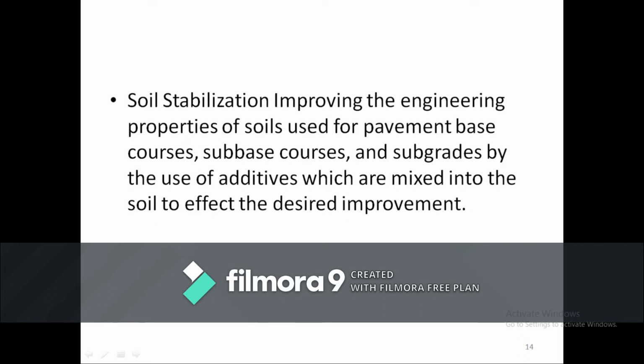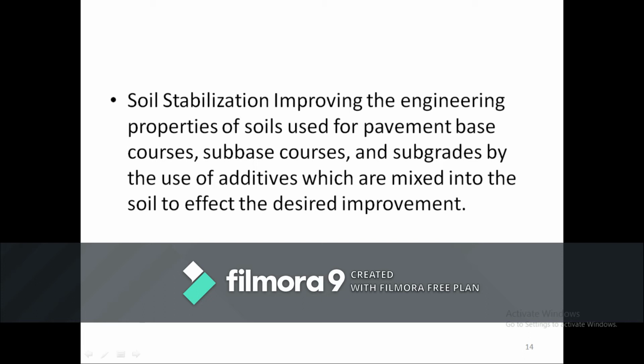So soil stabilization is improving the engineering properties of soils used for pavements, base course, sub-base course and subgrades by the use of additives which are mixed into the soil to get the desired improvement. Mainly we apply it in the courses of pavements.